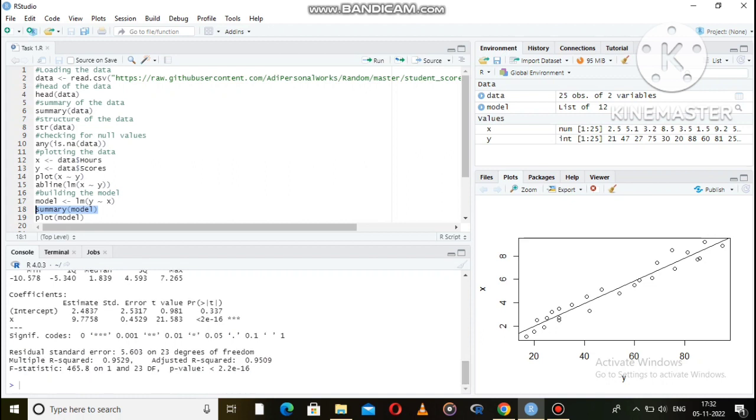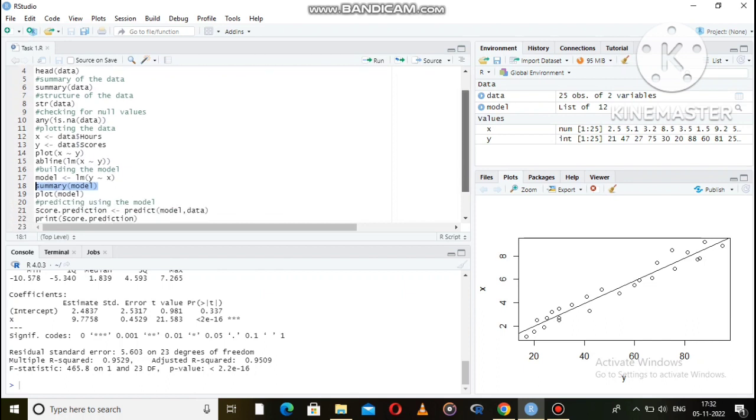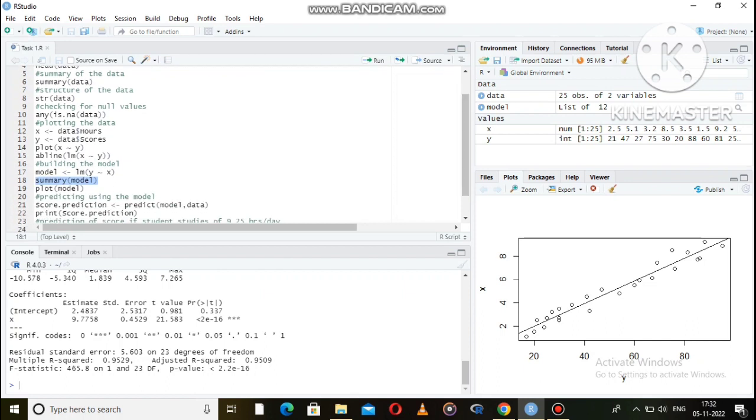So the t-value is quite high at 21. Then we can check the R square, which is at 95%, which is quite high, and the F-statistic is also very large, 465.8. So our model is pretty good at this point, so we can continue with the model,